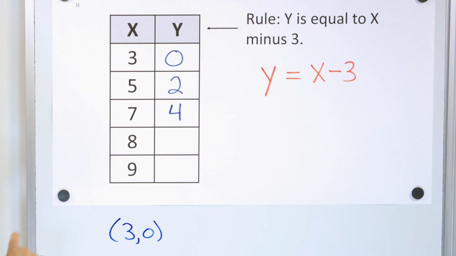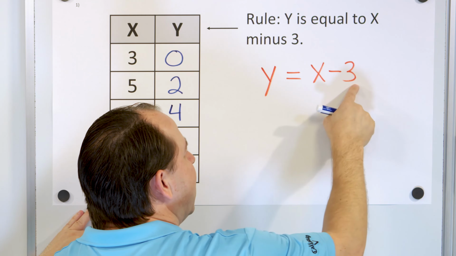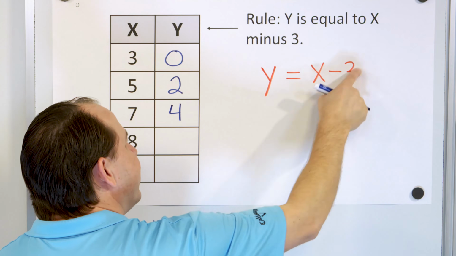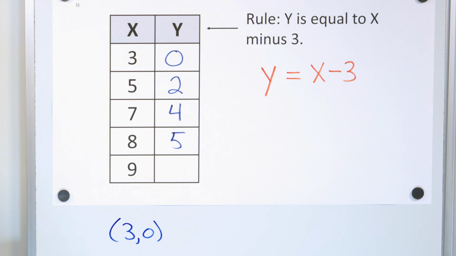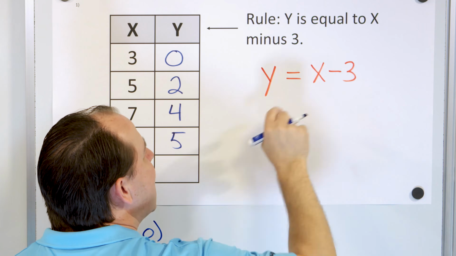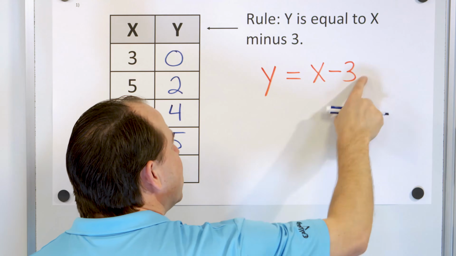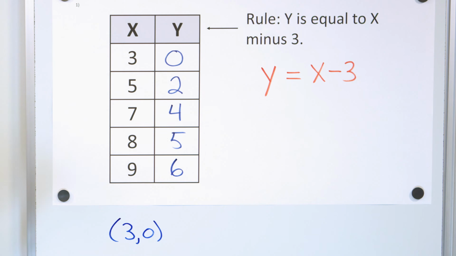All right. Now X is 8. We stick 8 in there. What is 8 minus 3? 8 minus 3 is just 5, and that is what Y is equal to. Y is equal to then 5. Finally, X is 9. Put 9 in there. What's 9 minus 3? 9 minus 3 is 6, and that value of 6 is now what Y is equal to. So you see, now we have all of the points that we need to plot the graph,